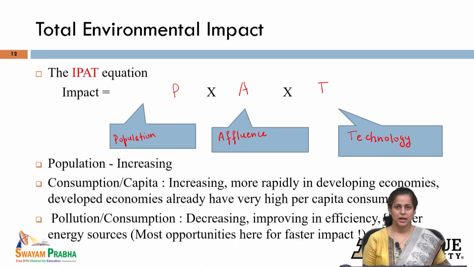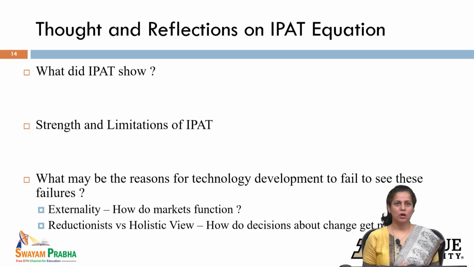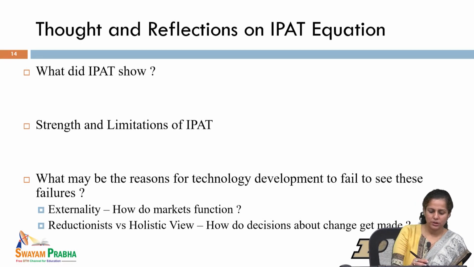So, what we will do is, I will give you a simple problem with some data and you will apply this equation to see how the impact is changing, and what is the actual reduction in the technology in terms of pollution per consumption versus what is the total reduction in the impact. So, here is the problem. Once we solve the problem, you will see that the actual reduction in the total impact was much lesser than the total reduction through the technology. So, the IPAT equation showed us that,